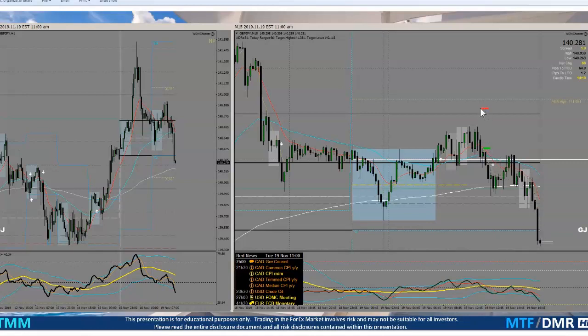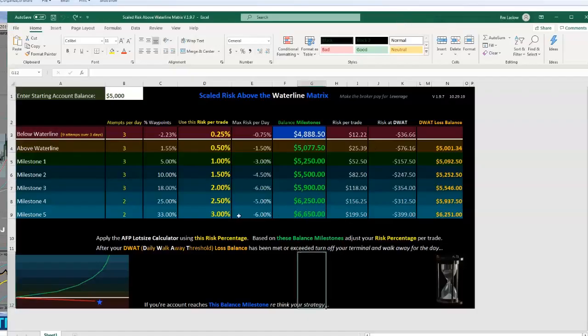Okay, where was your initial stop? My initial stop was up here and my entry was here. Maybe my 2-to-1 has been hit in this location. 1, 2. Okay, so you say to yourself, oh my God, that's a long time to be sitting for a 2-to-1. Well, let me just present this little piece of metadata to you. Let's consider this guy. Let's say you're up to this top milestone 5, and you have a 3% trade on this puppy